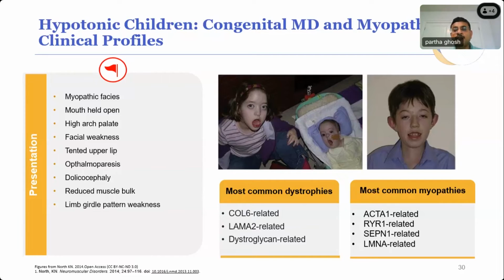LAMA2 related muscular dystrophy and dystroglycan related, and within that dystroglycan there are several genes which can cause different forms of specific muscular dystrophy. On the other spectrum, we have congenital myopathies where classically the CK, or the muscle enzyme, is normal. So it is important to consider this group of disorders when you see a patient has proximal muscle weakness on exam, significantly weak, maybe have some facial weakness, but their CK is deceptively normal